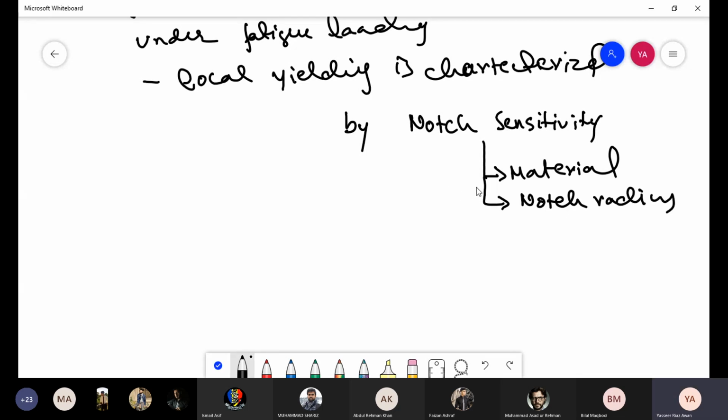As the name suggests, this notch sensitivity characterizes the local yielding and depends upon the material and notch radius,